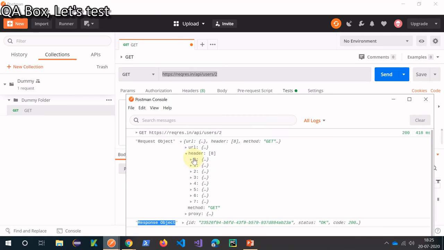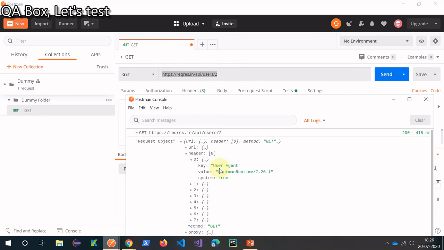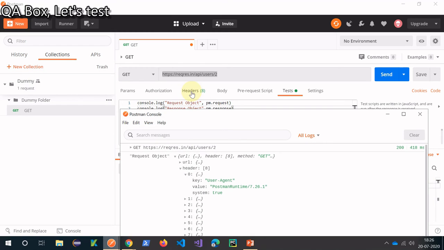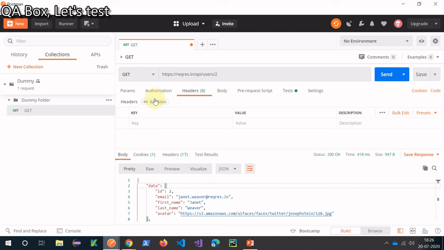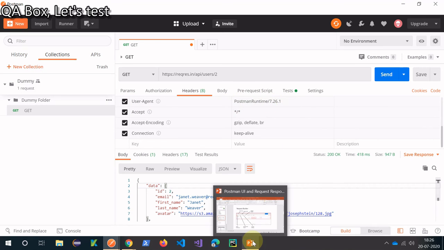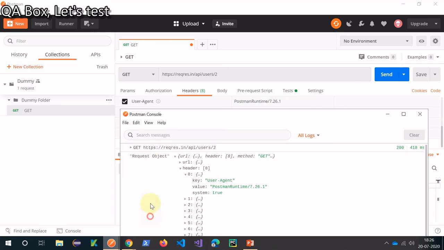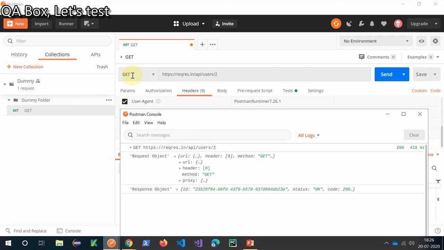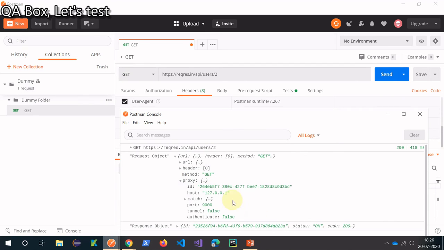So there's a header thing, right? So there are 8 headers, as you could clearly see. And let me just open one of that, which is the user agent, right? And let's check that. Here also on the UI you see 8 objects, and you click on this, you see this is expanded, and here's the user agent, and you see PostmanRuntime/7.26.1. And let's check that in here as well, it's the same. All right, so now your method is GET. This is your method from the UI. All right, and the proxy is your network information.